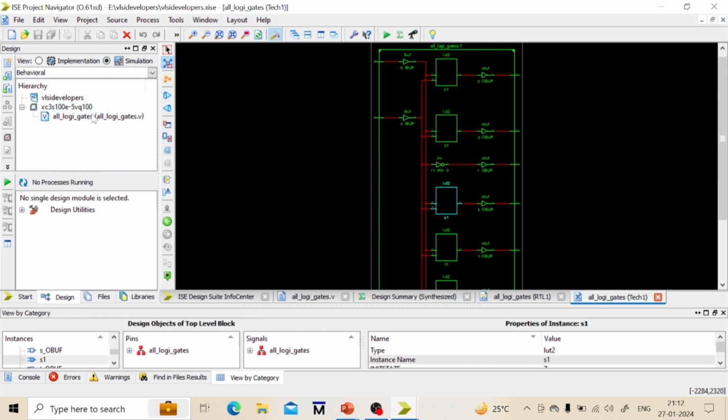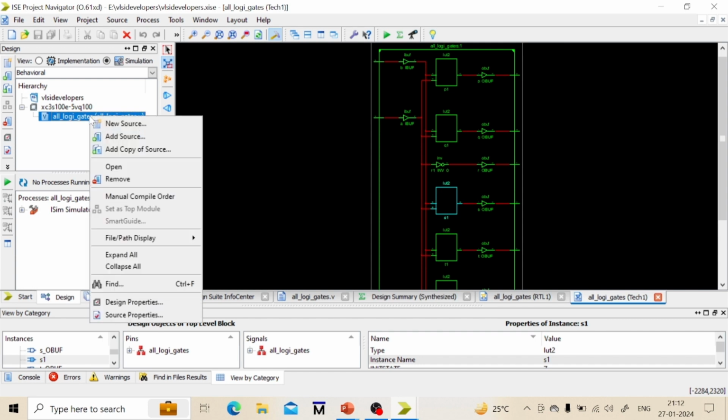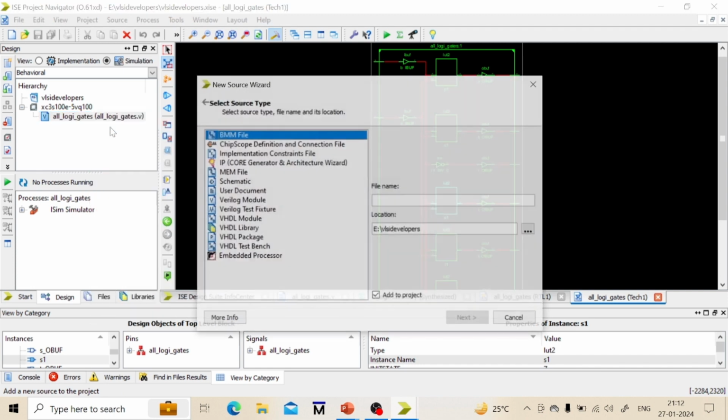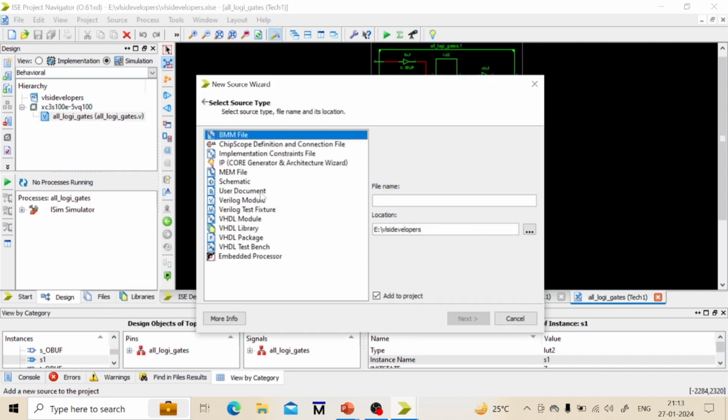By simulating this, we will verify the functionality of this particular circuit. And see, by right clicking on this circuit, we get the options. Now you should click New Source, and you will get this pop-up. In this pop-up, you need to select the Verilog Test Fixture, and you give some name. I'm giving All Logic Wave,